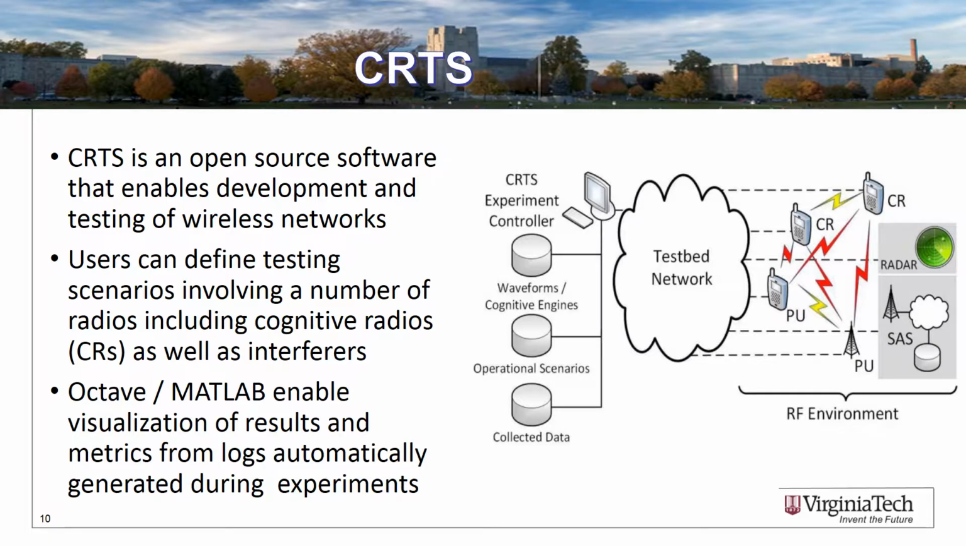CRTS is an open-source experiment management system that allows users to configure and run experiments that include primary and secondary spectrum users, whether communication systems or radars. Experiments can also include a spectrum access system or systems. CRTS currently works with the custom